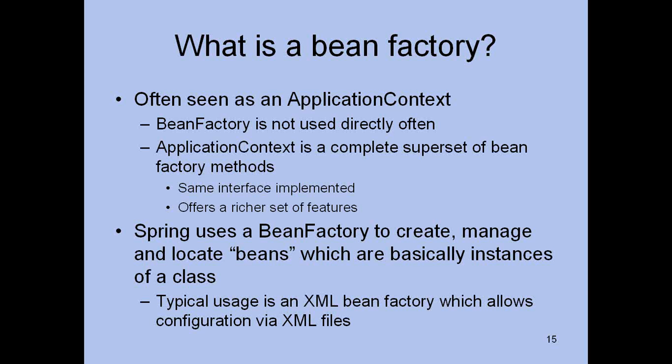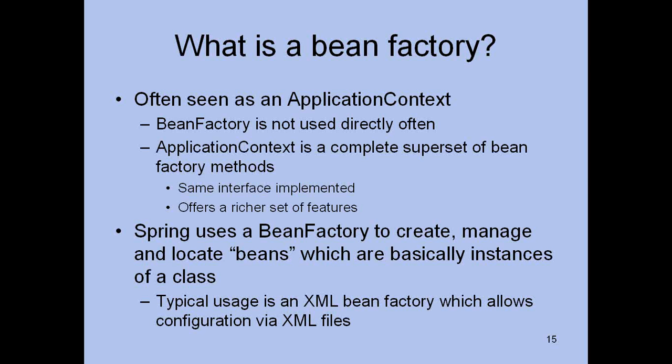First you need to get a bean. So once you define the bean in the configuration file, you need to obtain the bean from the configuration file. So for that, you need to load the configuration file using ClassPathXmlApplicationContext. And once you load the bean definitions, you can obtain the bean. So the bean factory creates the beans at the startup of Spring, but you will not use the bean factory directly.